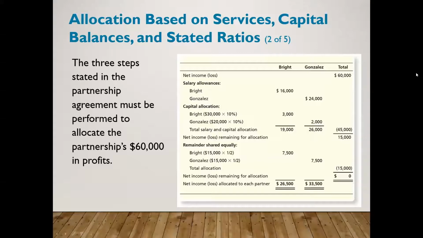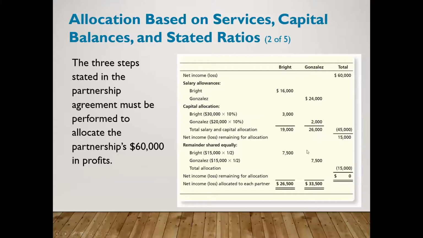Notice here that the net income is allocated to each partner, and it should equal the total net income. So you see here, they're sharing it,